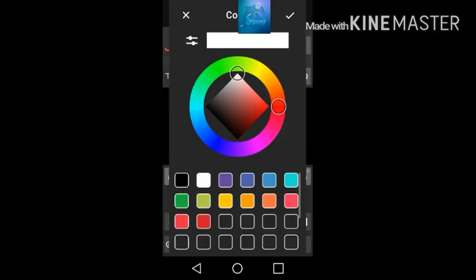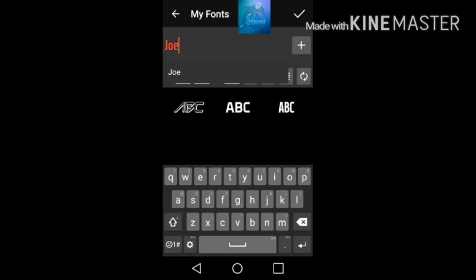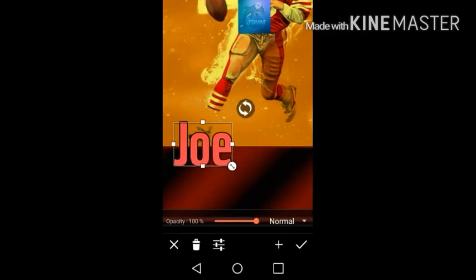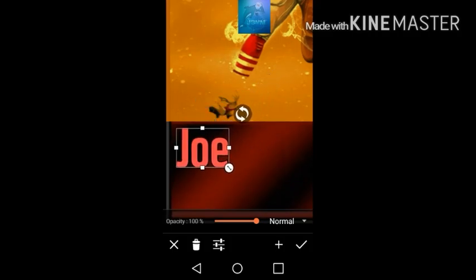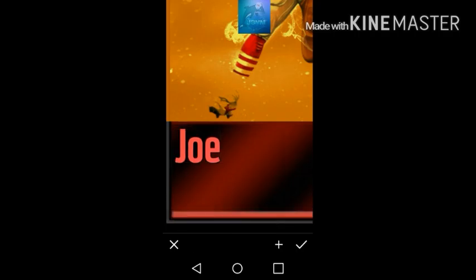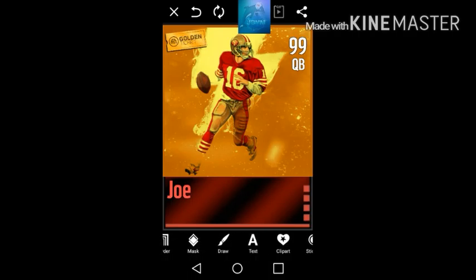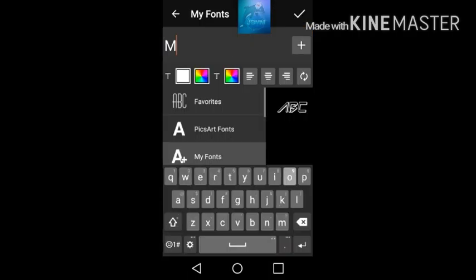Like that. And then press the gradient down. There we go. And then make sure this isn't really big. It doesn't take up half the space. Like about this much will be just fine for the card. So then there we go. Joe, the comeback kid,